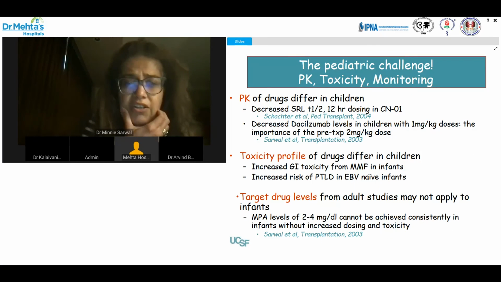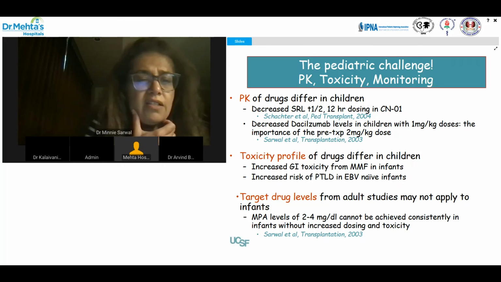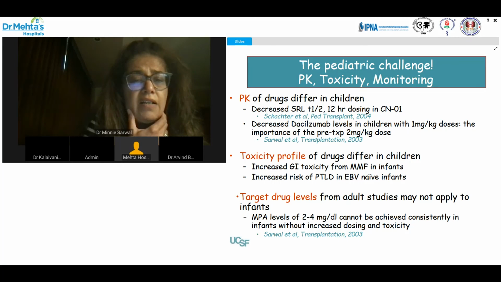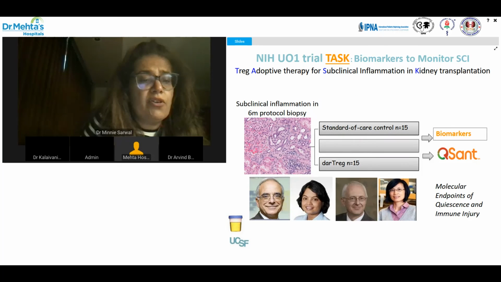The pediatric challenge also remains one of understanding pharmacokinetics. This differs in children, and in fact, we know that there is a decreased sirolimus and everolimus half-life, that in some of the studies, like the CNI withdrawal studies, there was actually, I